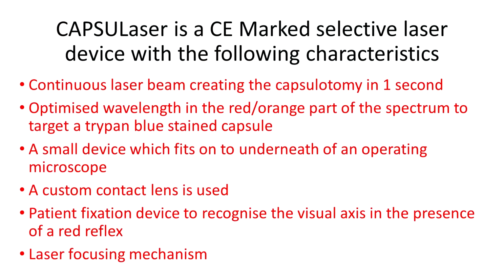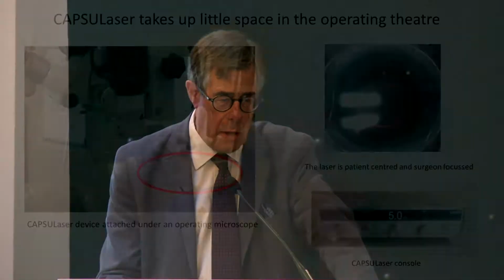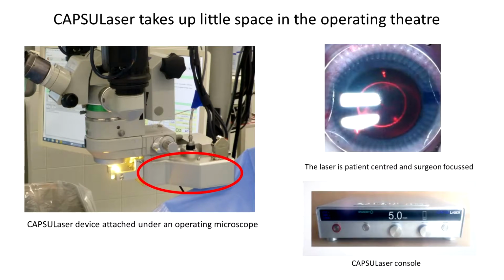And also, the other thing which hasn't really been emphasized is that this device has a patient fixation device on it. So it's a bit like on an excimer laser when you're doing LASIK. Patient can actually fixate, so you can get the visual axis that way if you want to. And there is a laser focusing mechanism that you've already seen. This is the device again. And you can see the console there down at the bottom right. It's really very small, and you can just dial in whatever number you want in order to get the capsulotomy